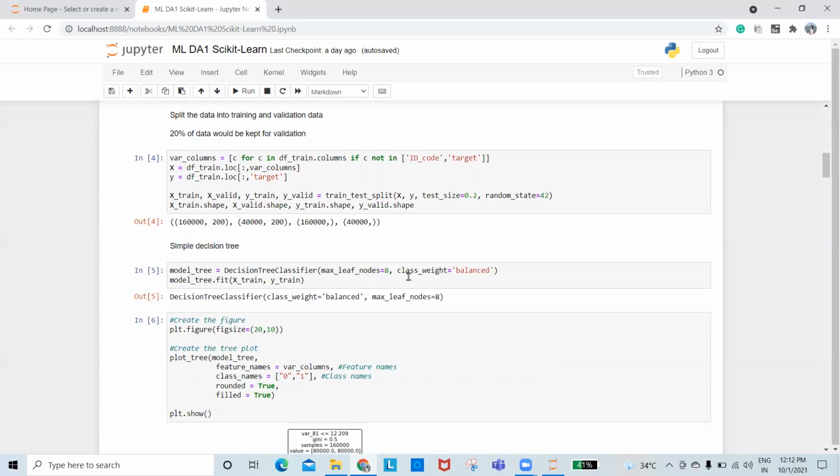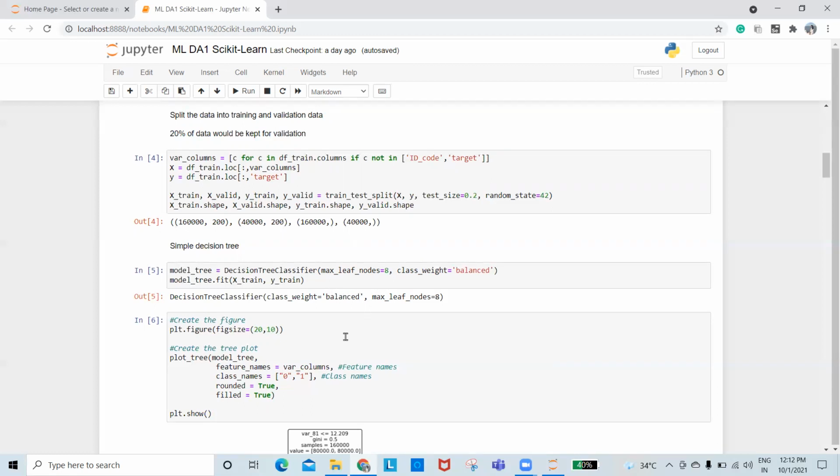This is important to specify in this particular decision tree for the type of data we have. Our event rate is not 50%, which means the number of ones and zeros in our training data are not equal. That is why we have to specify the class weights to balance that. We'll call the fit function to pass on our training data of x and y, and that will actually create the final structure of the tree.